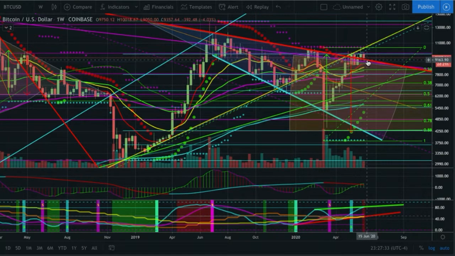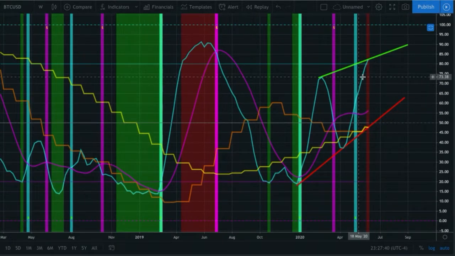So if we don't rally right here and continue to the upside, we're going to print a bearish divergence on both these indicators. And right here, we're trying to cross over this monthly right now. So we're literally at the point where it could cross over to the upside. I'm sorry, it's trying to cross to the downside, and we could bounce it and continue to the upside because the orange on top is trying to find support. But at this point in time, the weekly looks like it's topping out, getting ready to sell off.